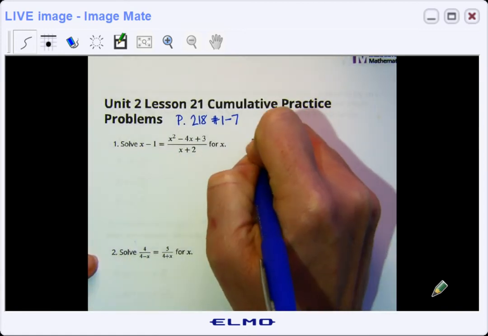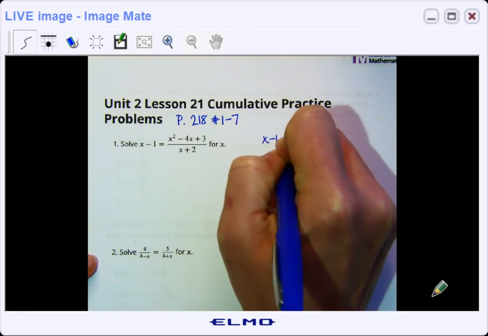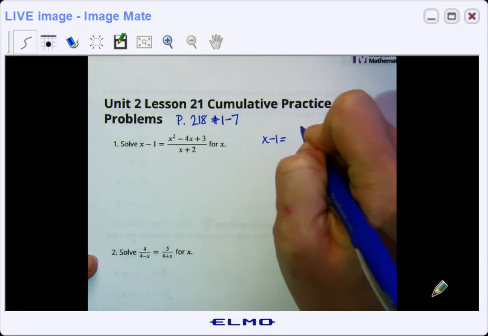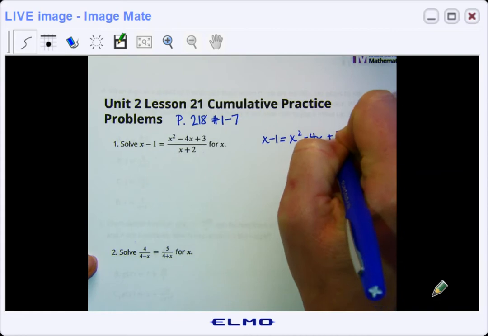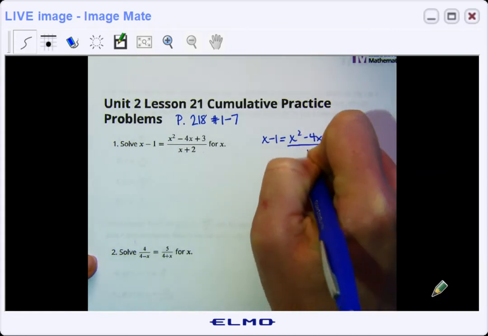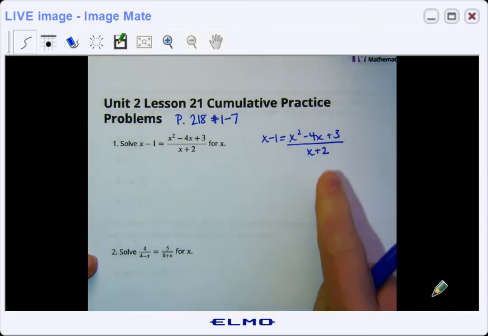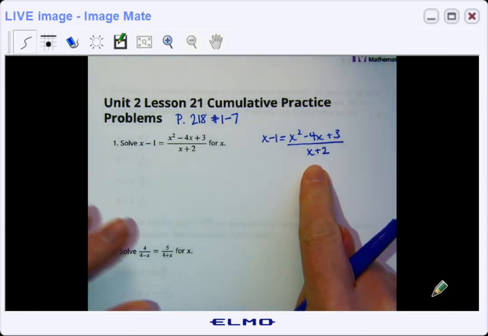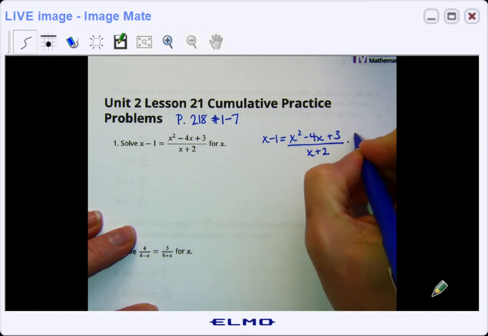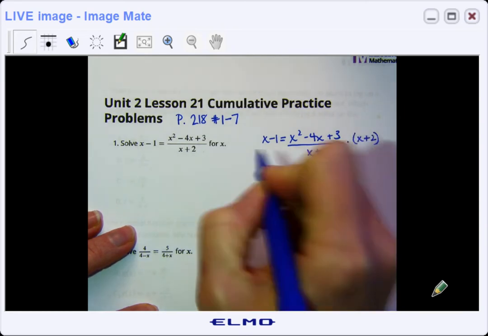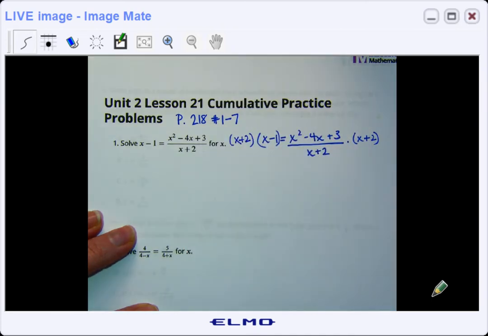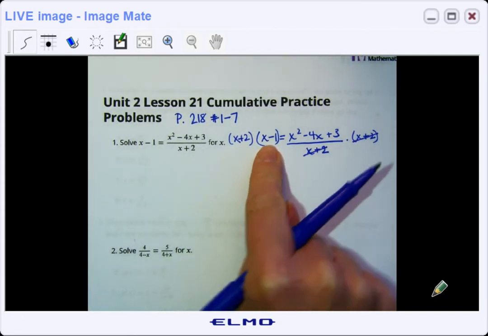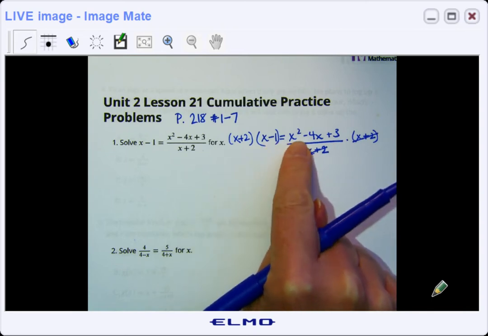So we've got x minus 1 equals x squared minus 4x plus 3 all over x plus 2. And so if we multiply by this denominator, x plus 2, then we'll no longer have a fraction to worry about. It makes our equation a little easier to solve. And so these are eliminated, and I have x plus 2 times x minus 1 equals x squared minus 4x